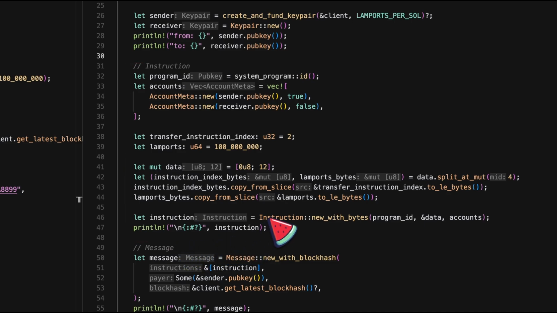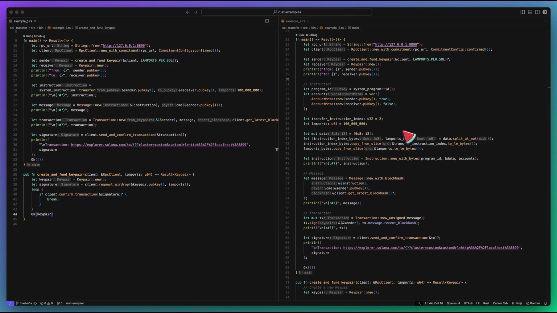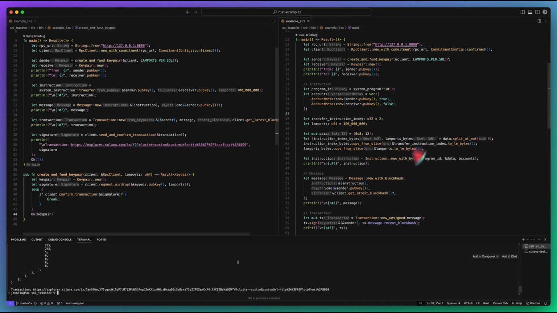The point of this is to say that you can always fall back to manually building an instruction, specifying the program ID, data, and accounts required by the instruction. However, this requires you to know exactly how to construct this data byte array for the instruction you're trying to invoke. Now, if we were to invoke this transaction,